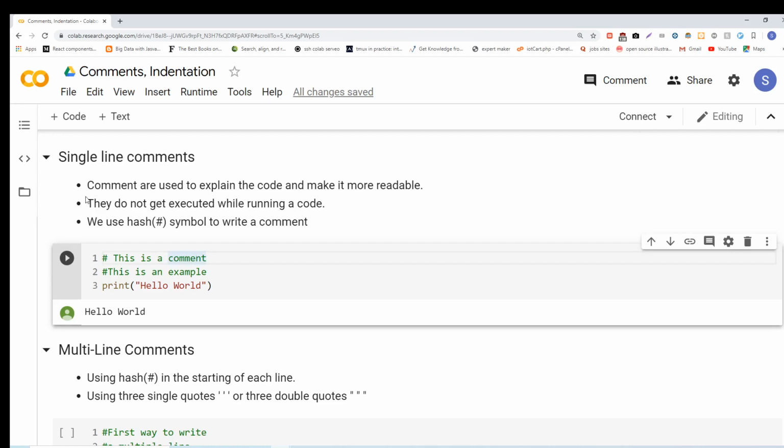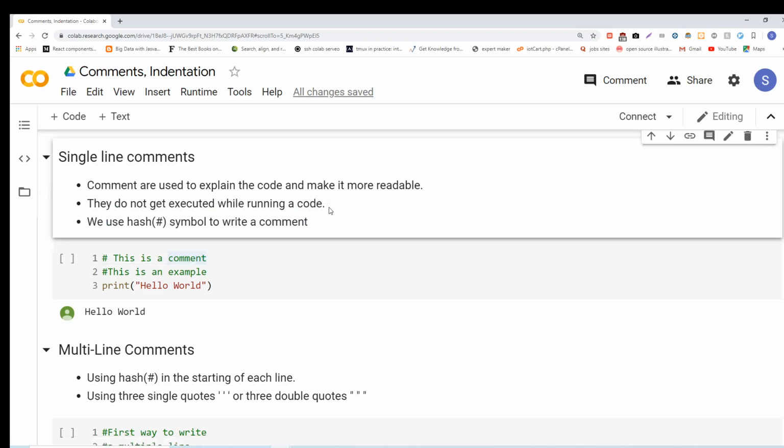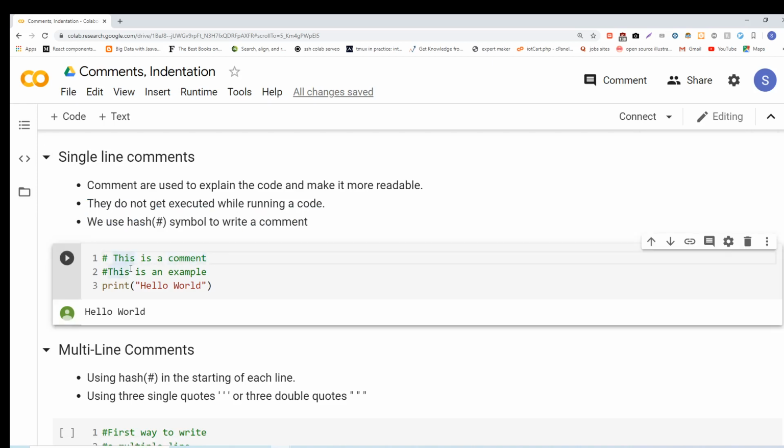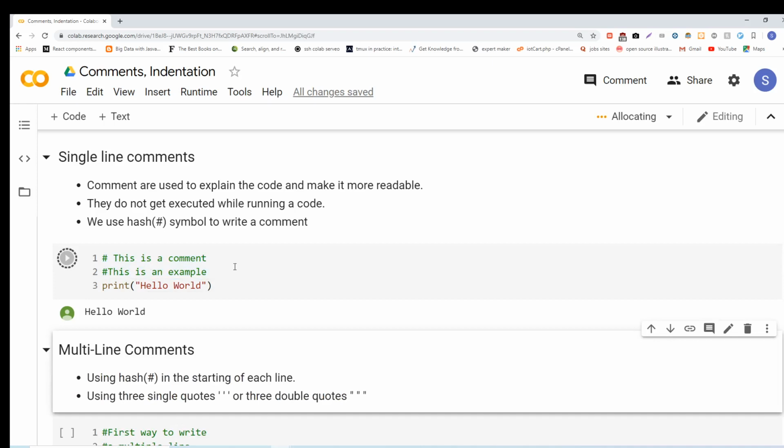These comments do not get executed, they just add some extra information, and we use the hash or pound symbol to write comments in Python. So you start a line with hash, and this is a comment, this is an example. These two lines won't get executed, and after that I have a call to a print function. Now if I run this,